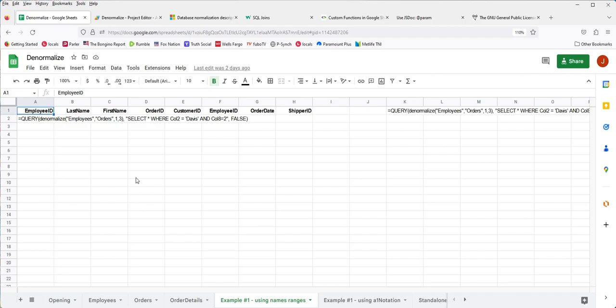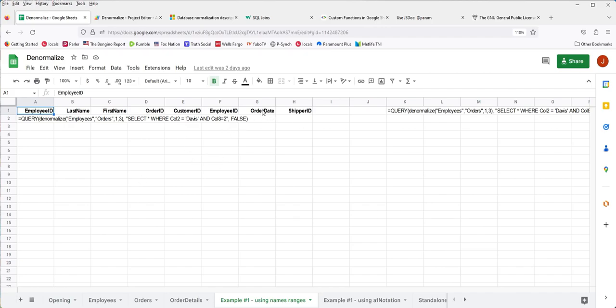The way query works, if you haven't used query before, is that if you query data directly in the sheet, you would be referencing columns A, B, C, D, etc. In this case, Denormalize returns an array, so we're passing query an array reference, and it doesn't know what the columns are. So the way we address them in a query select clause is by col 1, col 2, col 3, etc. So col 8 is going to be,